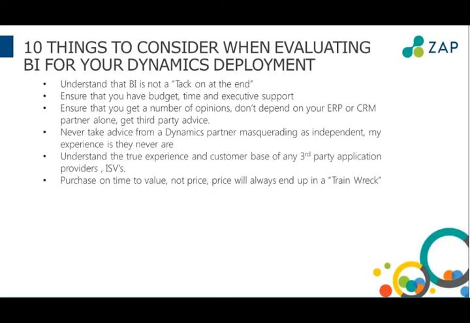That price will be cheaper. That product may or may not work. It'll probably take longer to deploy. The time to value will be much different. And almost always what we've seen is when you're buying on price around BI, which is such a strategic decision, it ends up being a train wreck for you. So, spending 125,000 versus 75 or 75 versus 50, that incremental difference can be so easily eaten up so quickly.